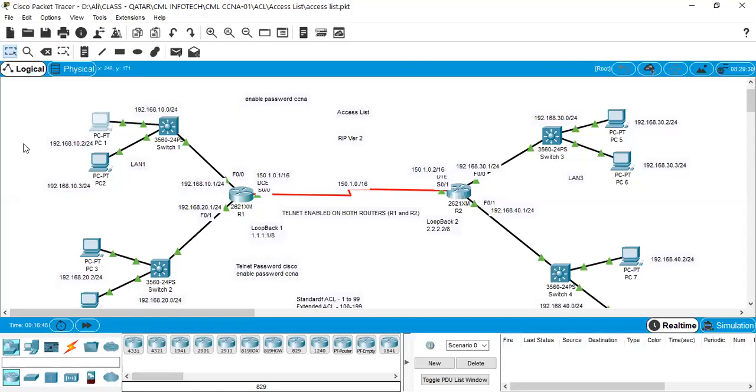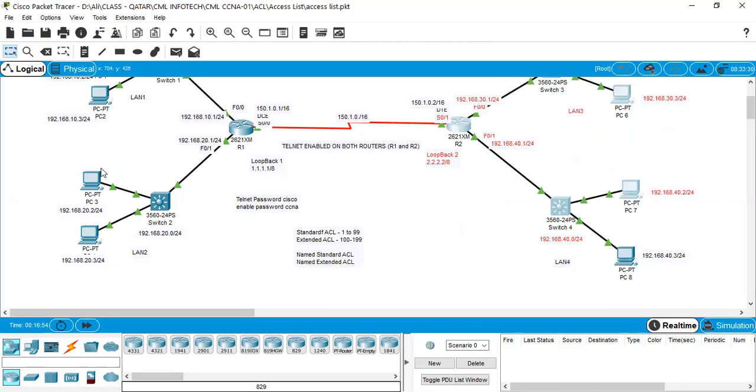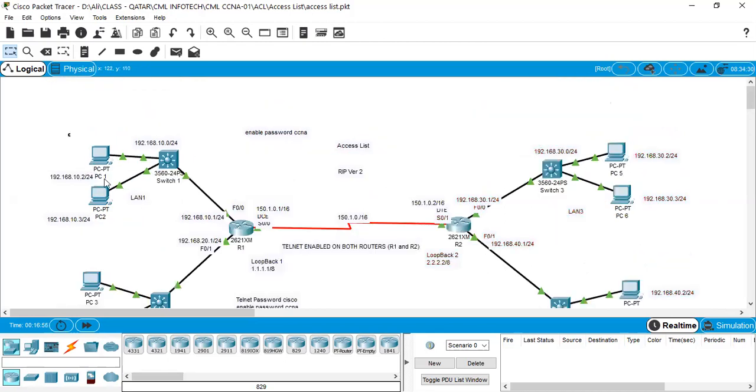Which means from the 10.2 system, you can reach everywhere. So the first task for us is to address that you can reach from any network to any network. So we can consider from 10.2 to 30.2.